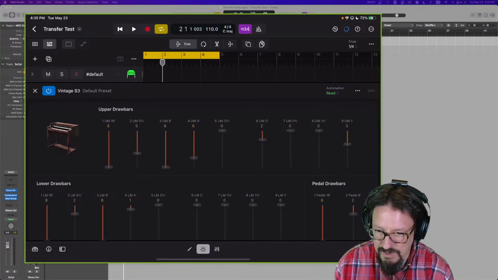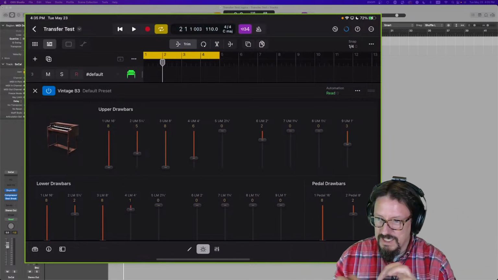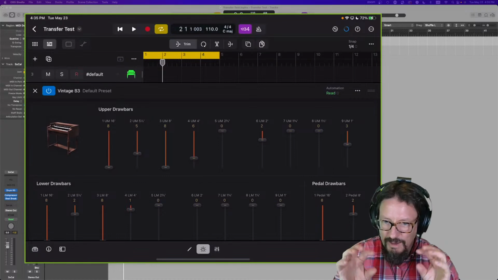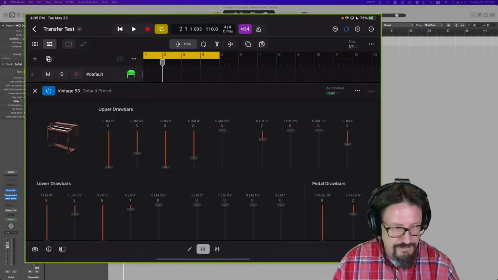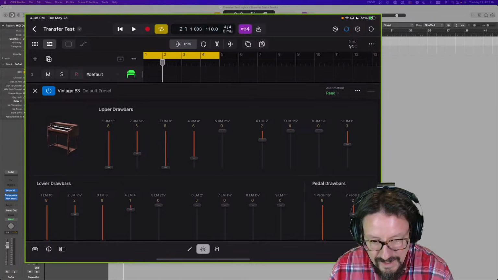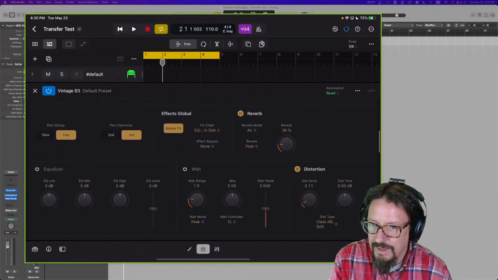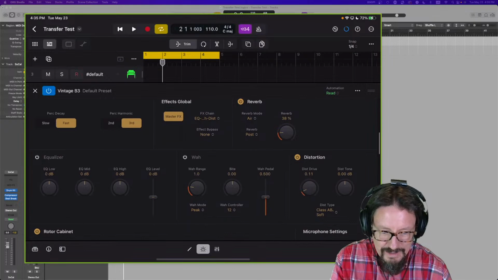Some of those interfaces with instruments where we have like the Leslie and the cone is spinning and we see the microphone placement and we have the drawbars. It's like the beauty of those interfaces are that we can look at them and sort out some of the things that we can do with them. Instead of this, which is confusing to the eye. And there's so much information that it's like,